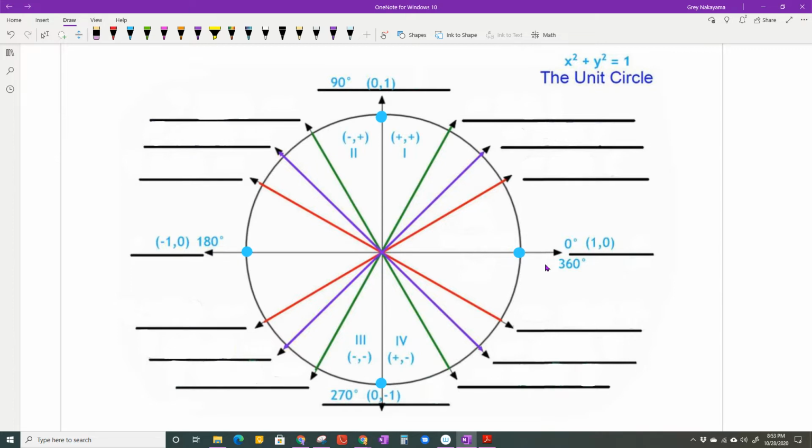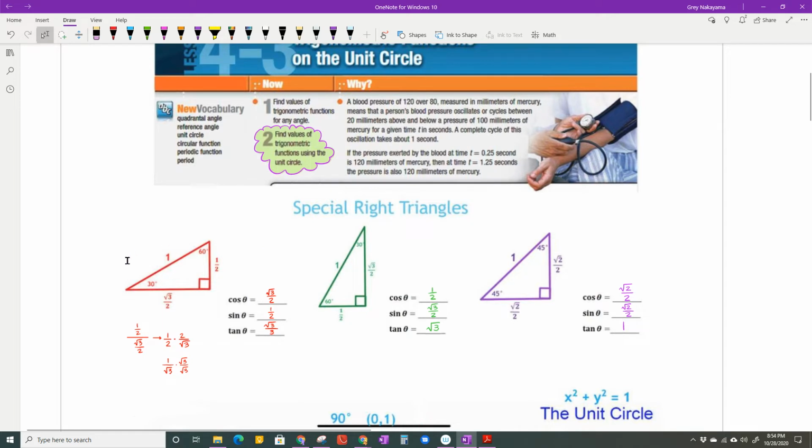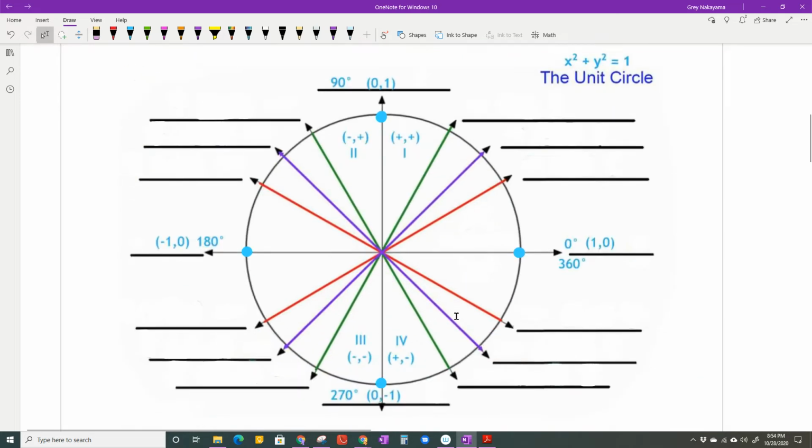Okay? Now, if you take those triangles that I just did, and y'all, I've color-coded this for a reason so that you can refer back to these triangles. So they're all going to be in the same family, and you're going to see how it fits things together. So if you take that red triangle, which was a 30, 60, 90 triangle, if you think about dropping this down, here is my 30, 60, 90 triangle. This angle right here is 30 degrees. And if I flip this triangle over to my second quadrant, then this angle here is 30